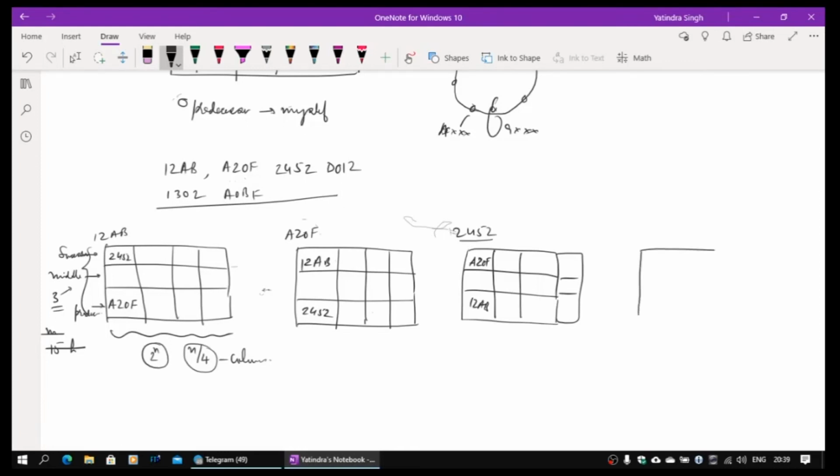Okay. So now coming to the next entry D012, when it comes, there will be a third table which has to be created. Let me create the third one. It will again talk to 12AB and it will come to know of all 3 nodes. So this has to populate its own D012. After D, what comes? After D, you will get actually 1. So it will now make 12AB the entry. And after 1, what comes? It will be before D, just A actually is going to come. So it is going to put A20F.